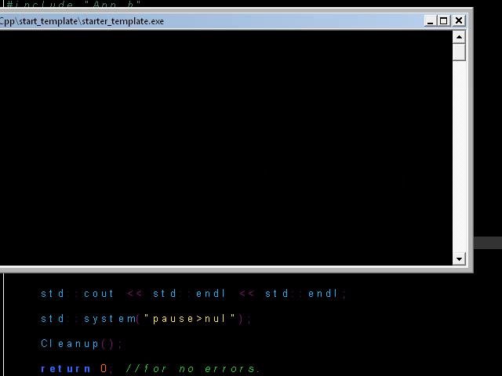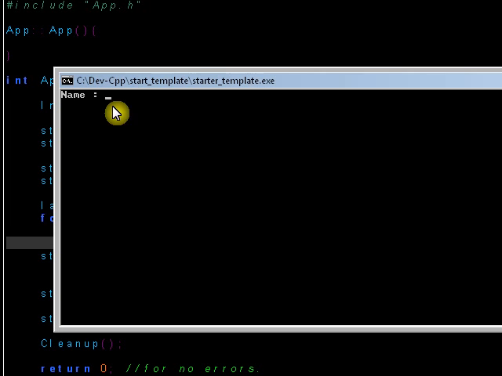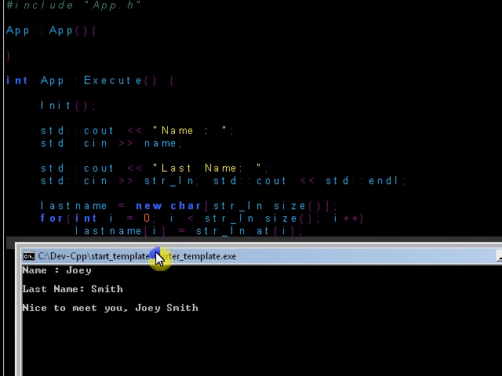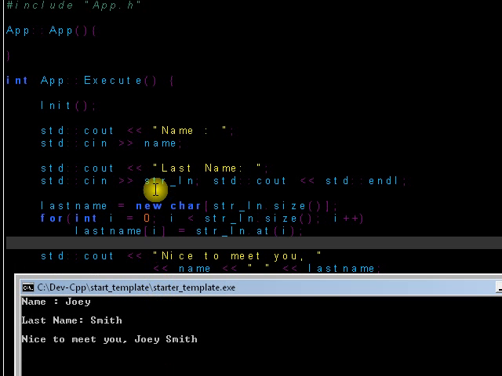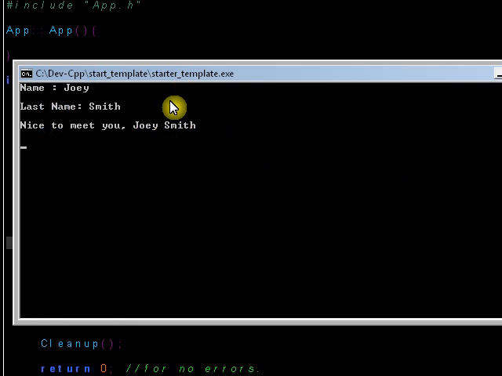So we can run it, and as you can see we have our name. We can go Joey Smith. So Joey Smith. Nice to meet you, Joey Smith. So that just kind of, seeing that happen kind of proves that it's just sometimes simpler that way. I don't know, but